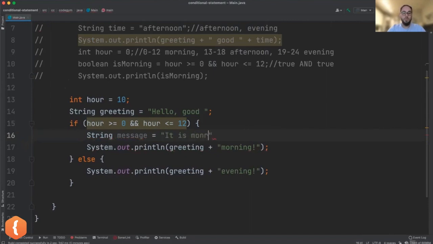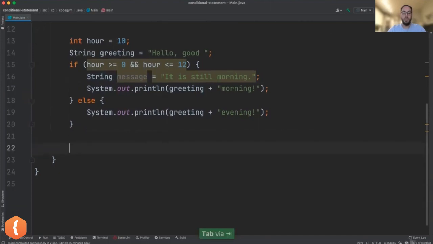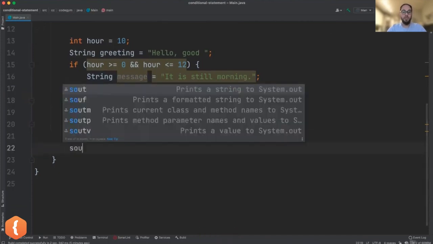It is still morning. And this variable here, which is an expression, string message equals "it is still morning". This variable doesn't exist outside of this block. So what if I try here,